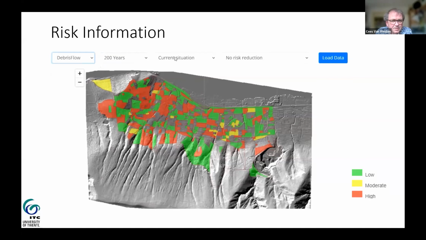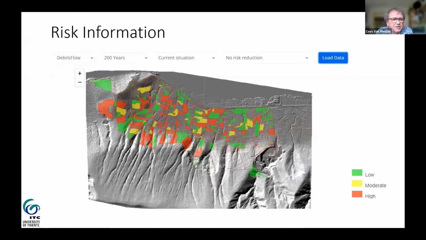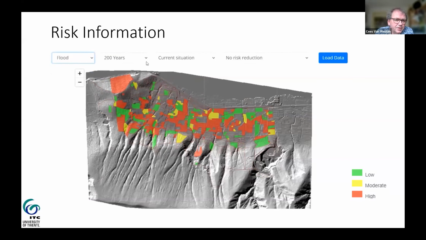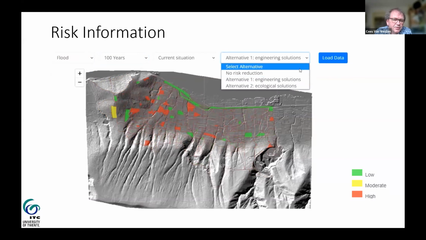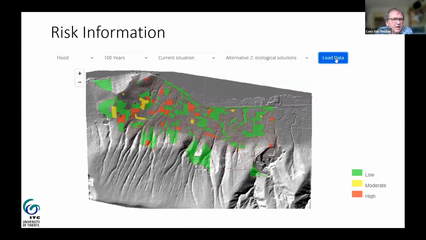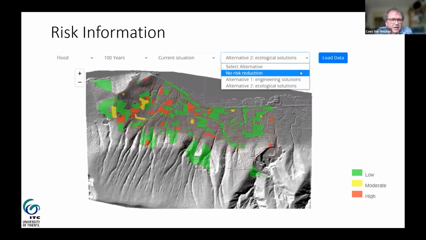You can compare it among different types of hazards, and you could also combine the different hazards into a multi-hazard risk. Then we can use it also for risk reduction planning. So we can compare, for example, the current situation with a risk reduction alternative like engineering solutions. You see that would reduce the risk significantly, but in some areas more than others. And we can compare it also to other types of